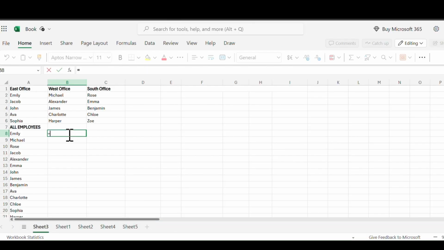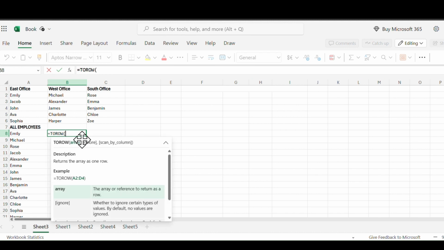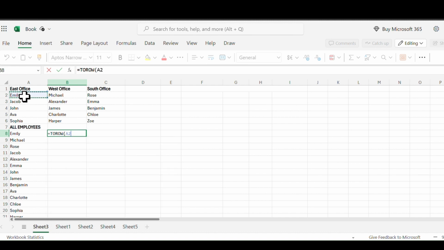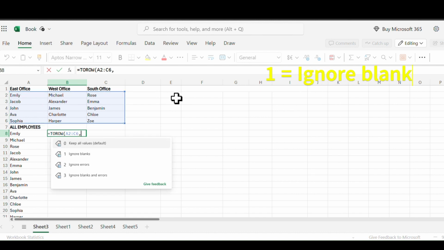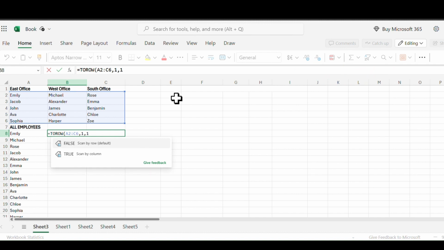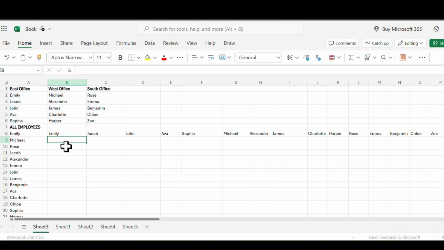Write the function TOROW and then select the array. The TOROW function transformed the array or range into a